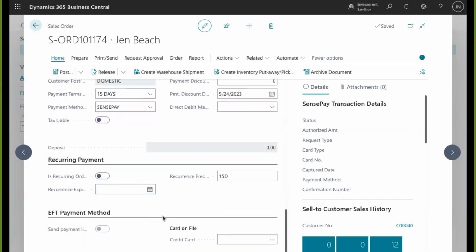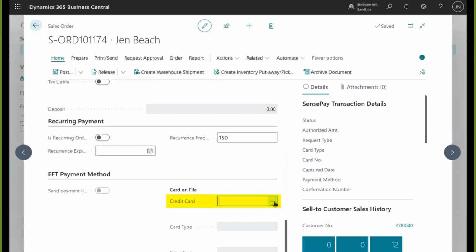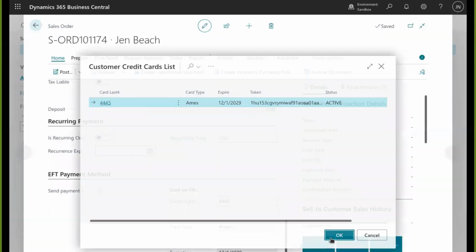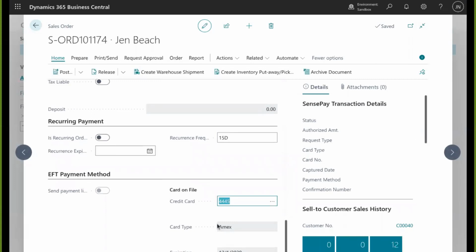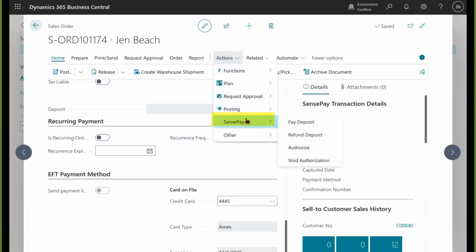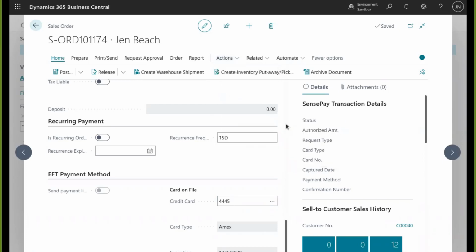Now, under the EFT payment section, we will enter or select Card on File for this to be used for the deposit. Go to Actions, select SensePay, and then choose the option for Pay Deposit. Here you can enter the amount of the deposit to be charged,